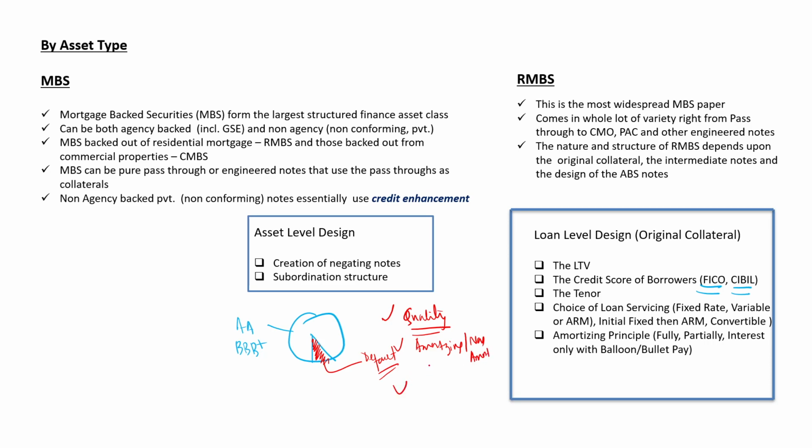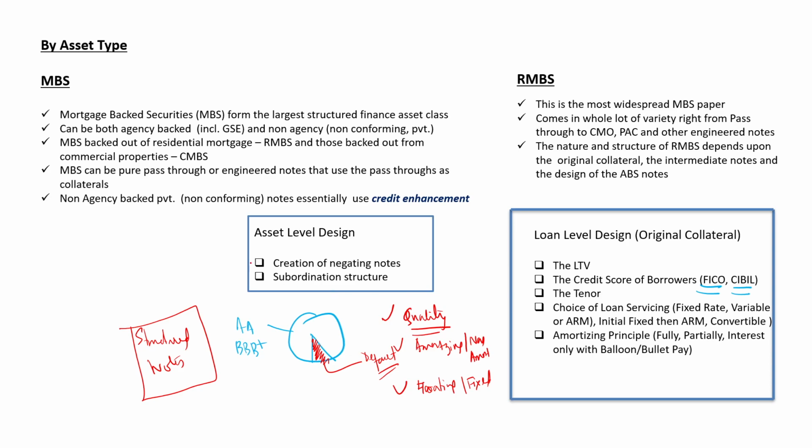The third important aspect is the rate of interest and the structure of the rate of interest. Whether it's an adjustable rate mortgage, which means that it's closely tied to the floating rate note, or it's a fixed rate mortgage. Now, depending upon the type and quality of the borrower and the quality of the loan, the floating rate note or the fixed rate loan could prove to be either good or detrimental to the health of the structured notes themselves. So, in effect, you need to understand that the protection is being provided